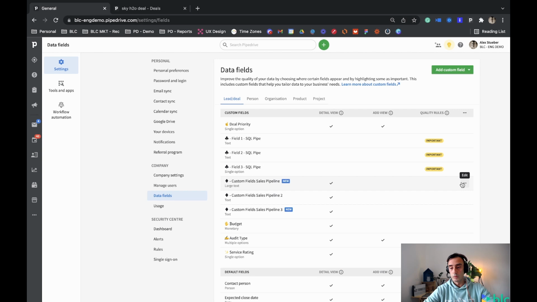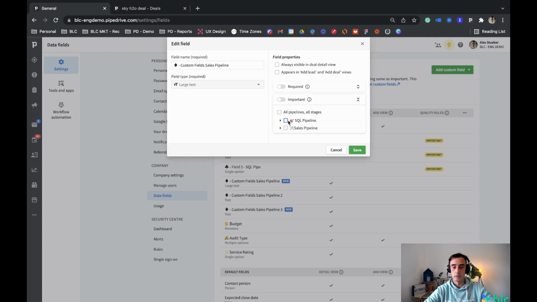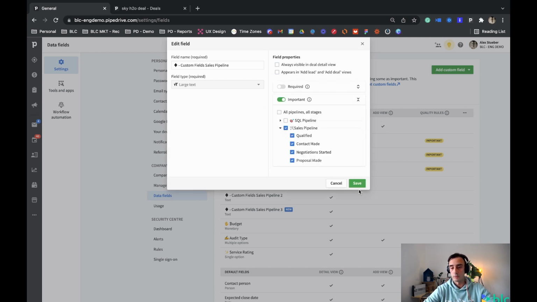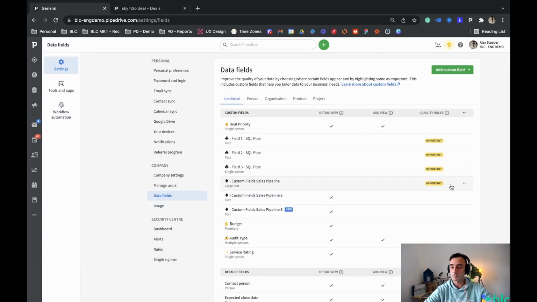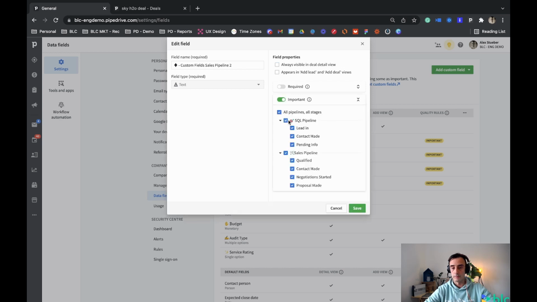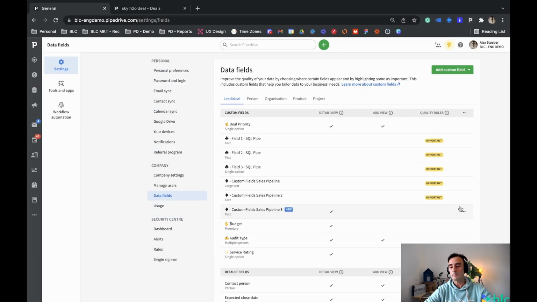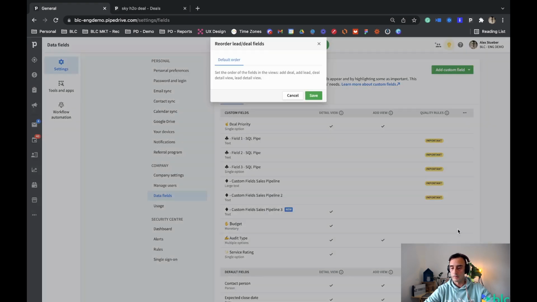And then what we're going to do, we're also going to change now the diamonds to important. And where are they going to be important? Well, they are important to my sales pipeline. I'll save that, edit, change the settings in here, only sales. And the third,